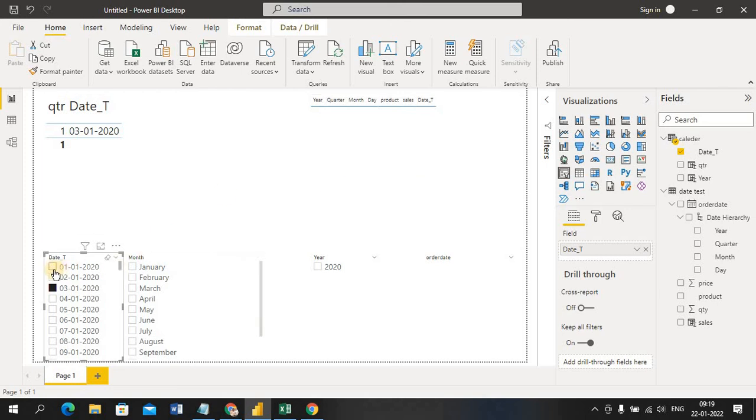If I select any of these dates, I'm getting data, so my store was open, and sales was 20 on this date, for this quarter, this year, this month, this day, this product. So like this we do slice and dice on this information in the report, so that it will give a clear picture.